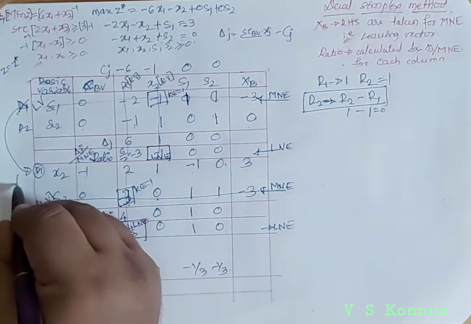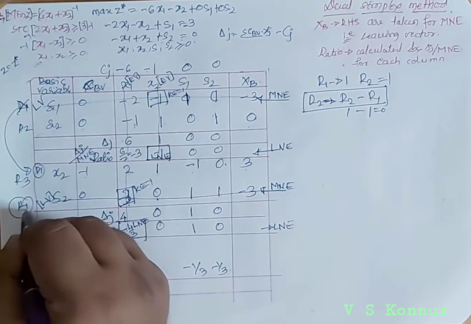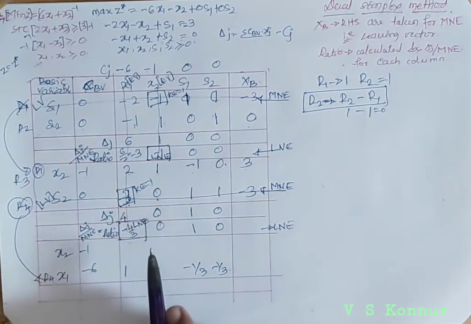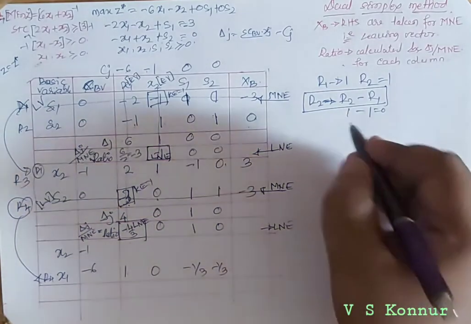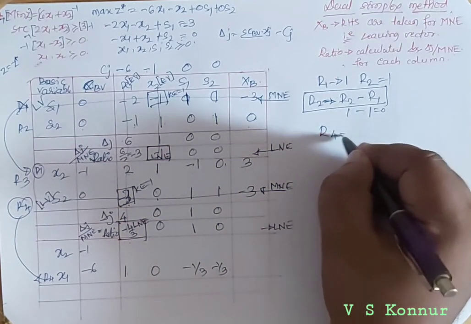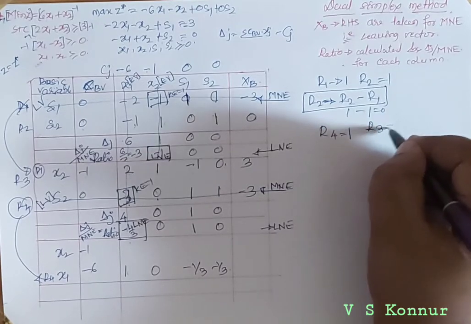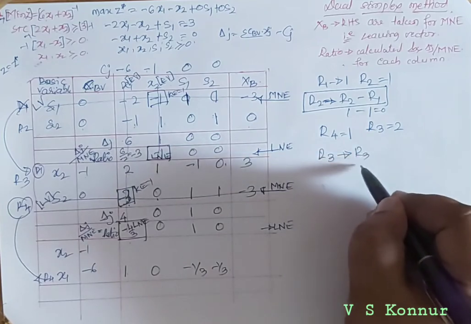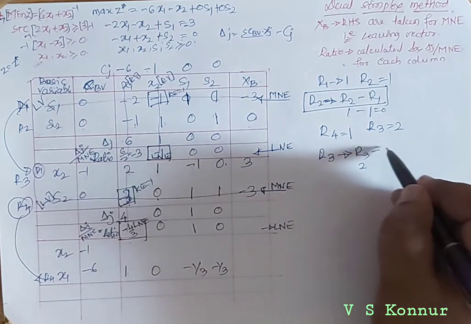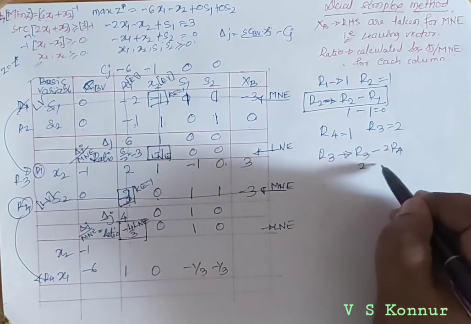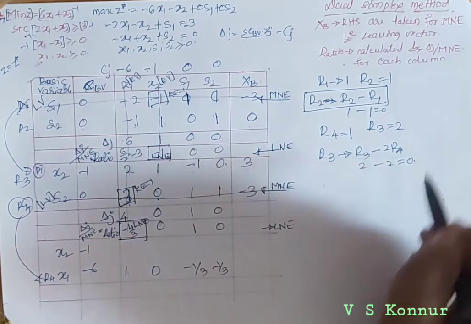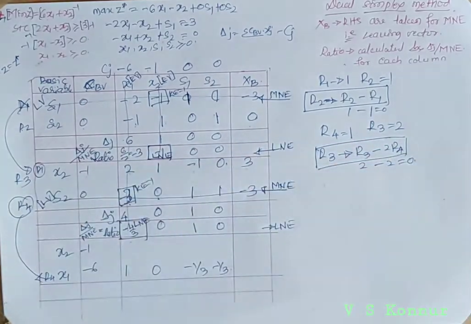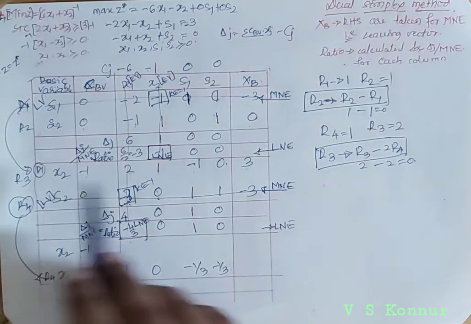Now we'll write here R3 and R4. R4 has been replaced here. Because it was not equal to 1, now we have made it equal to 1, because of that you have to consider this. So R4 is equal to 1, R3 is equal to 2. To make R3 equal to 0, minus 2 R4 we have to add, minus 2. Then we will get 0. So this will be applied throughout the row for R3. For R3 we should apply this equation.